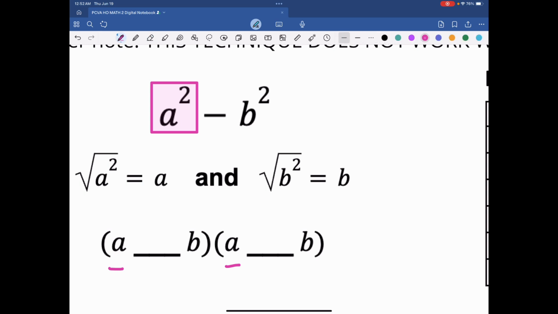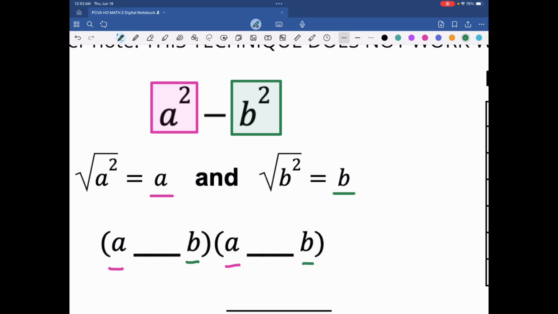Okay, so we're going to break that down by taking the square root, which is why it has to be a perfect square, so we can take the square root of it. So then we have our b squared. So b squared, whatever that may be, is a perfect square. So we take the square root of that and we break it down into two b's. So we have a b, and we're going to put that in the second part because it was the second